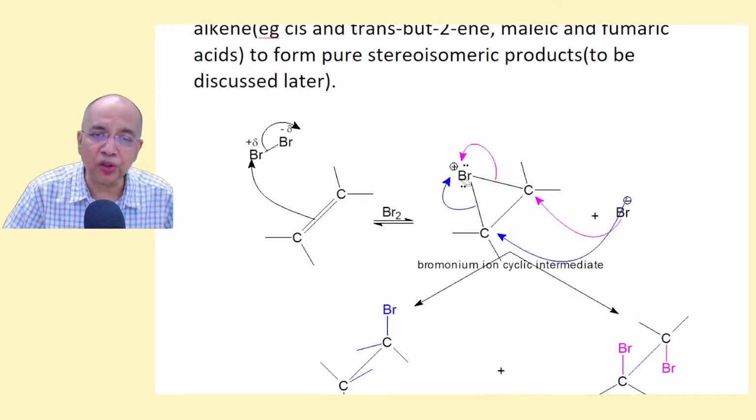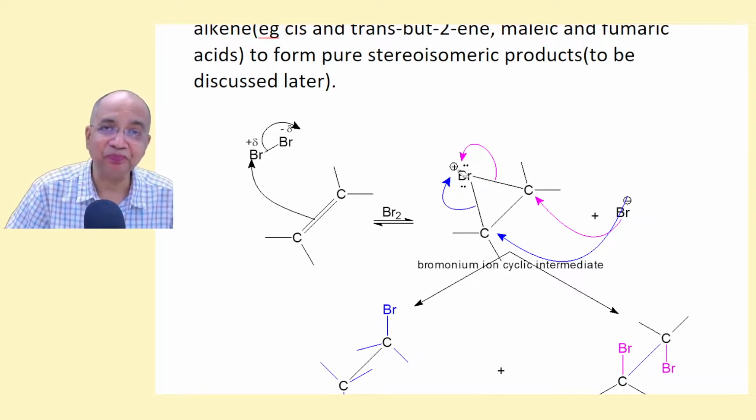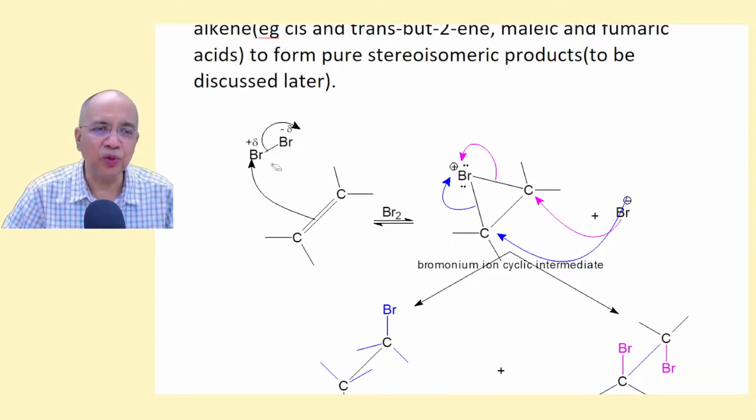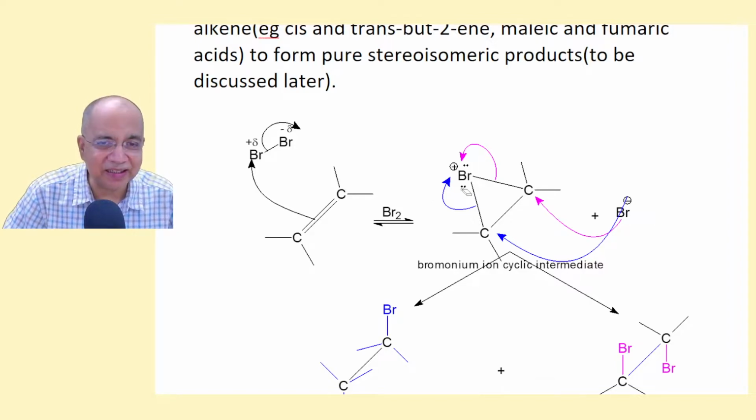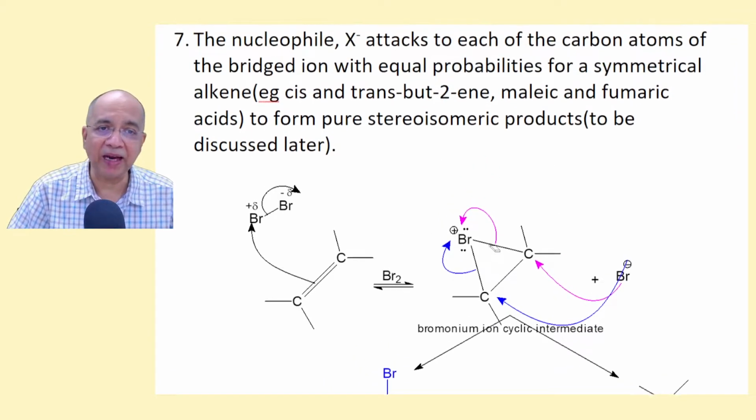to form a three-membered cyclic bromonium ion or chloronium ion intermediate, where you find these are the two bonds, covalent bonds, sigma bonds, and bromine has only two lone pairs with a positive charge, because that lone pair has been used to form a bond, and this pi bond, the two electrons are used to form this bond, and the positive charge which was already there still exists in the bromine atom. This is one resonance contribution, but I'll show you the other resonance contribution to this intermediate. Now let us come back to our reading.